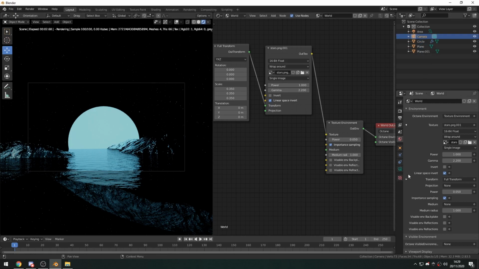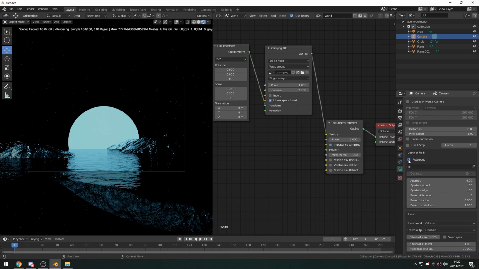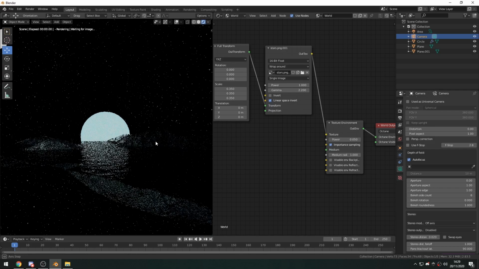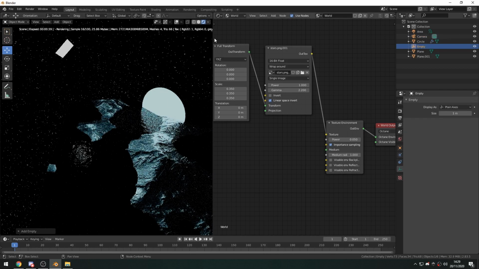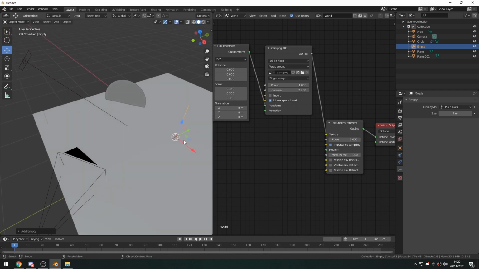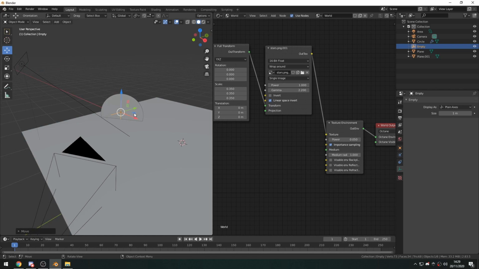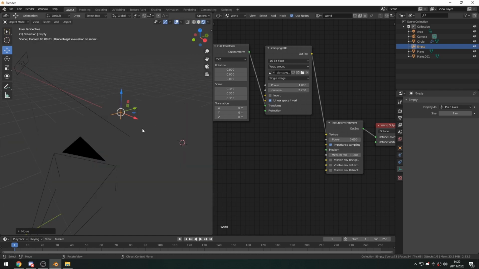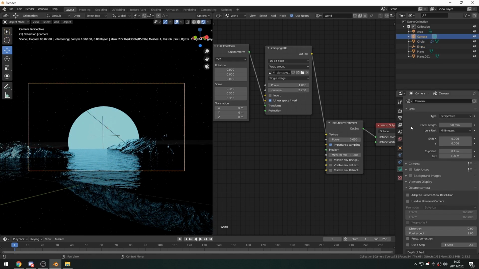So let's go to the camera and actually play around with the autofocus. And this autofocus just adds depth to any of your scenes. So I'll just get a plane axis. Where did it go? Oh, we have everything hidden here, so we can't see it. So I'll hide that, and I'll put this axis onto my object right there, so it focuses on it. And I'll just go back to rendered mode, do my camera, and then I'll go to my camera over here,